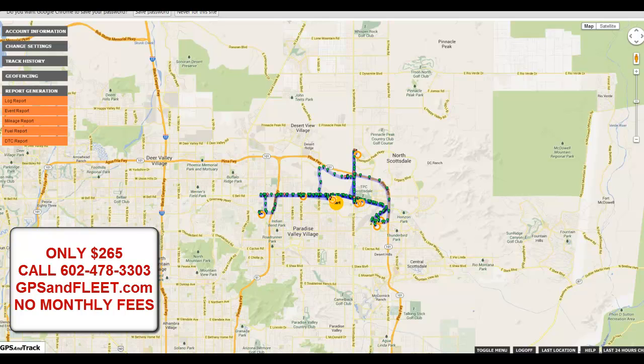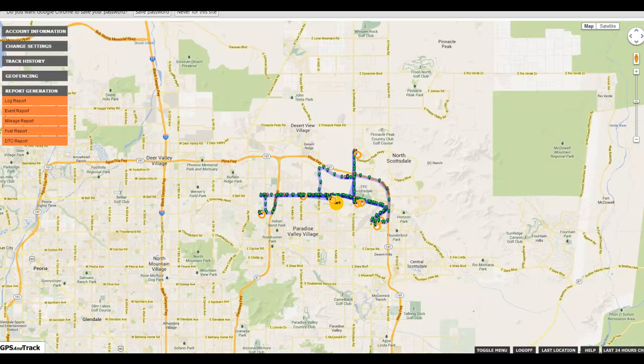This system is very simple to use, and it really will change the way you do business. You're going to be able to track your fleet at all times, know where your cars are at. It doesn't matter if you've got one or if you've got several. We can absolutely help you, and